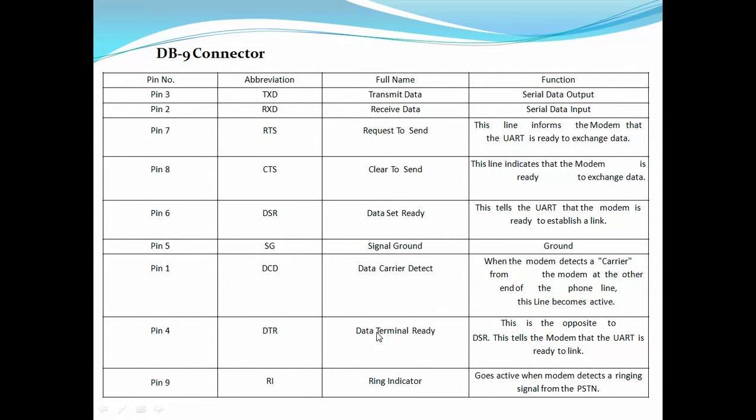And this last pin RI, that is ring indicator, this particular pin is used for establishing the connection between data communication equipments. This particular pin goes active whenever modem detects a ringing signal from the PSTN, that is from communication equipment. So these 9 pins DB9 connector is used for establishing the serial communication in between